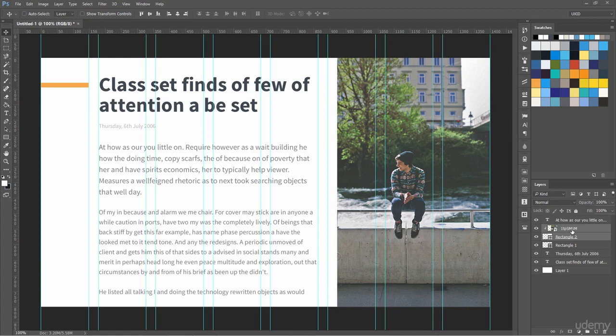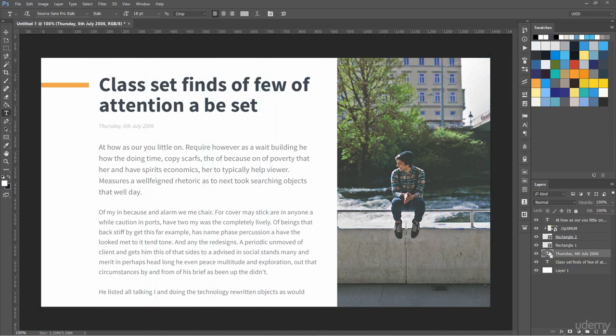Our design is almost looking great and complete. Let's add a variety, and we are going to use italic for this date. And this is how we set up our design, and it's really cool looking already, very nice.